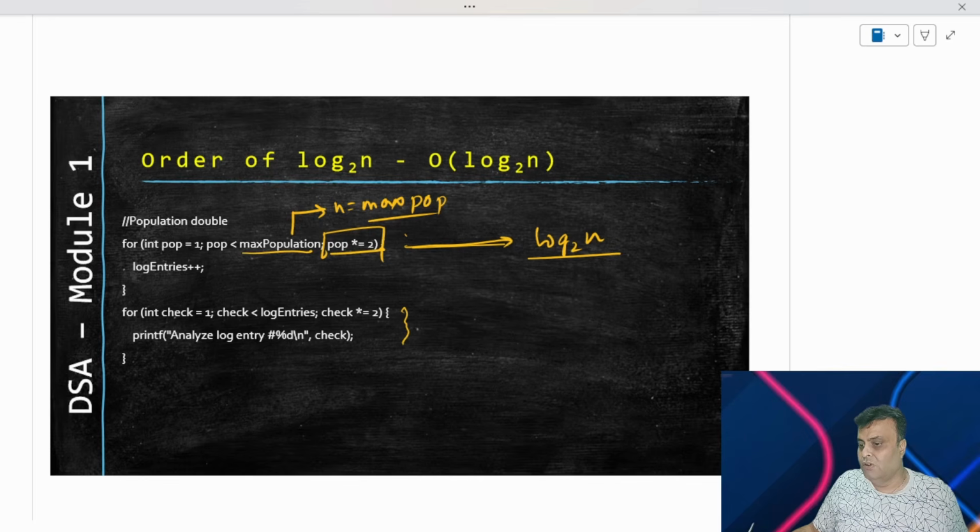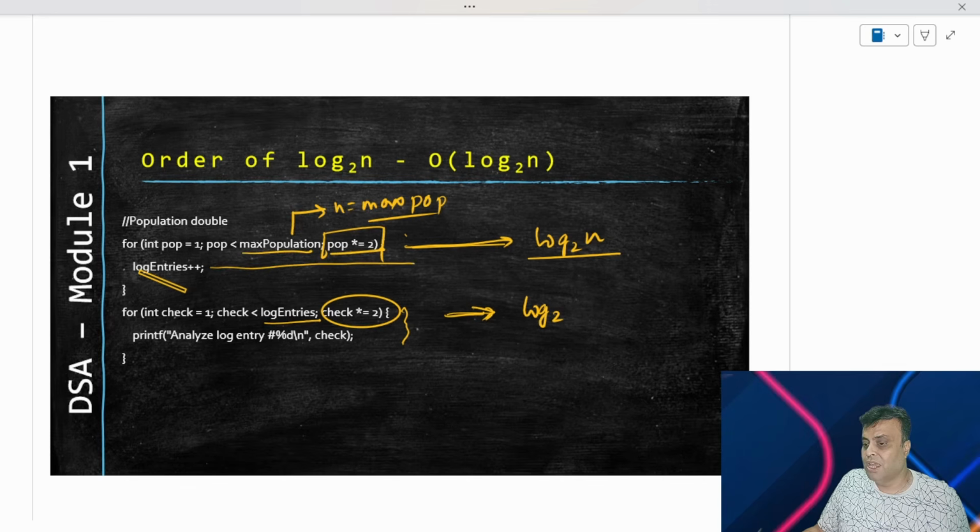This particular for loop, if we come to here, will execute itself for log base 2 of n also. And in this case, the log base, why? Because of course you have the same thing here, which is star equal to 2. But what is happening here? The special thing that is happening here is that it is dependent on log entries. And log entries is what you are getting here. So this particular line is executing itself log base 2 times of n.